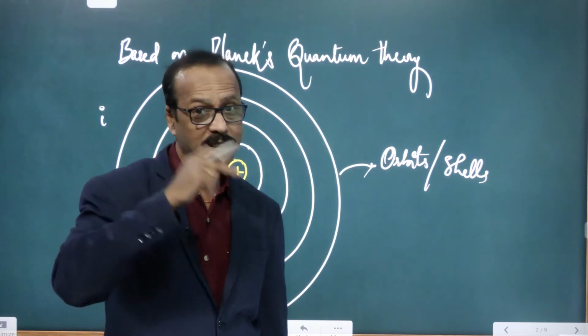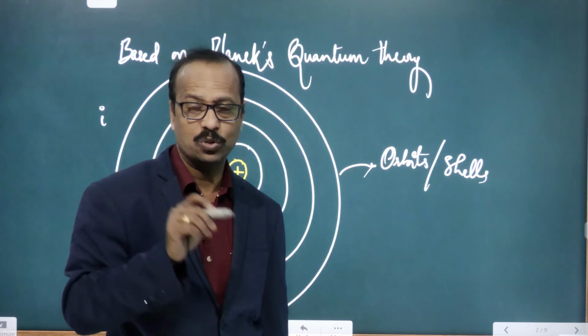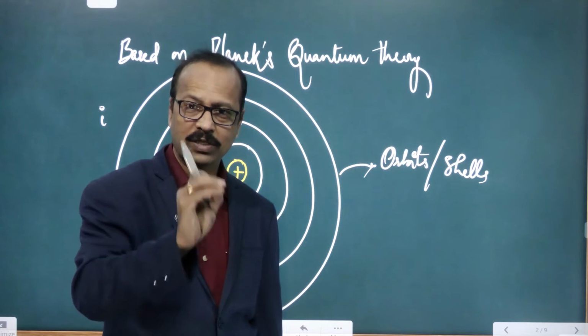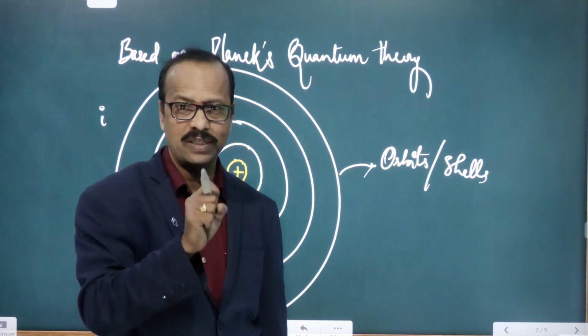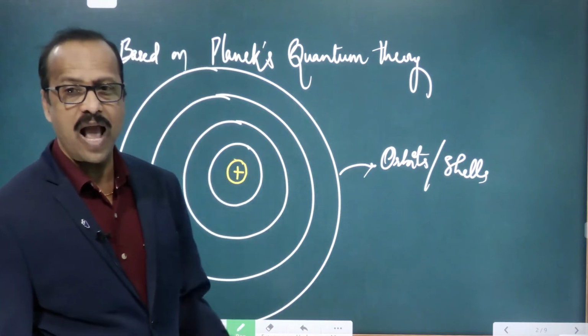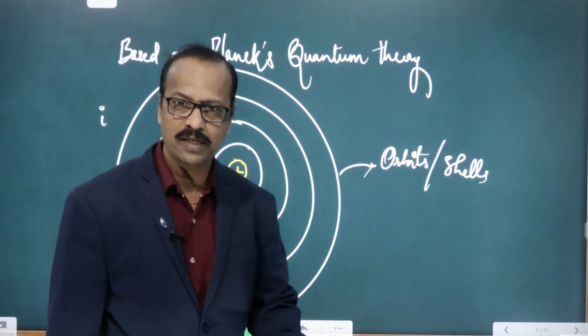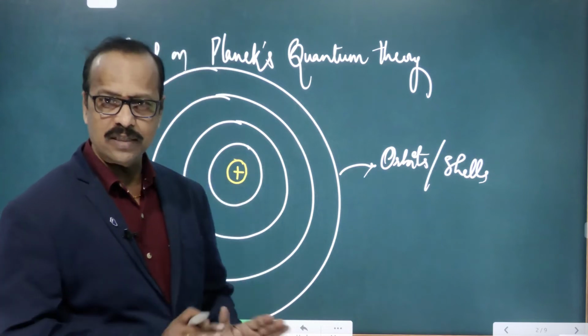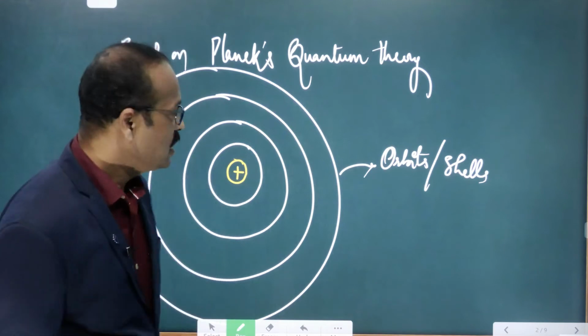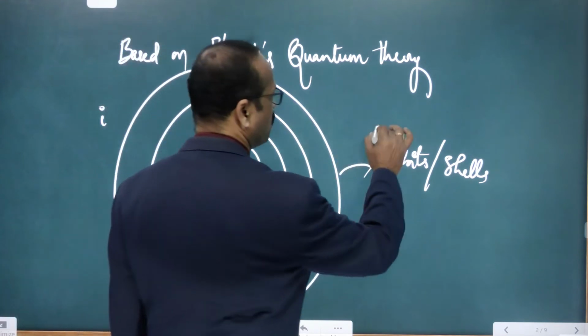So, there in the Rutherford model, this is a main drawback. When a charged particle is revolving around the nucleus, it loses its energy and comes closer to the nucleus, then falls into the nucleus, so the atom should collapse. But what Bohr said is, as long as the electron revolves in its particular orbit, its energy is constant. Means what? Neither loses nor gains energy. So, hence these orbits are called